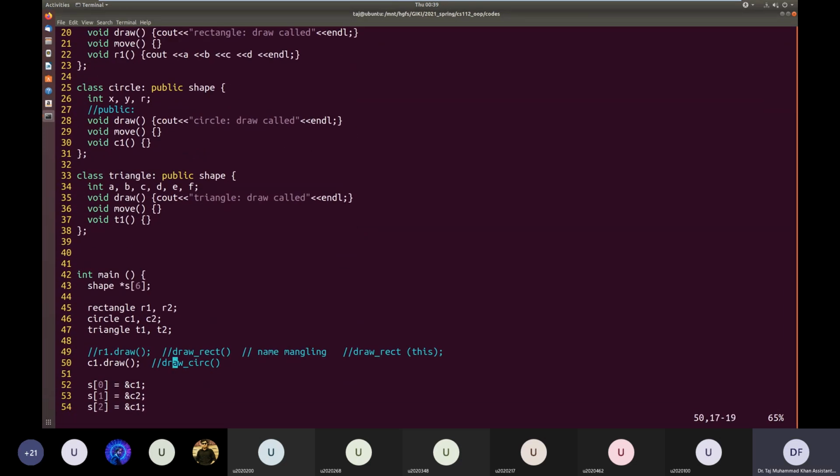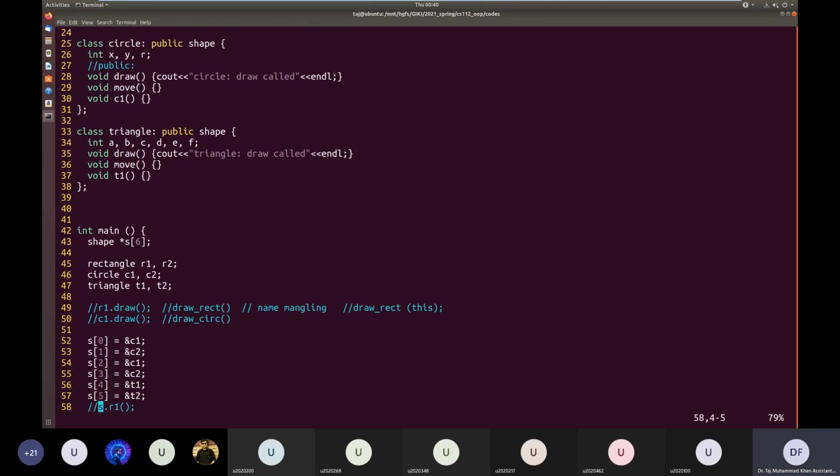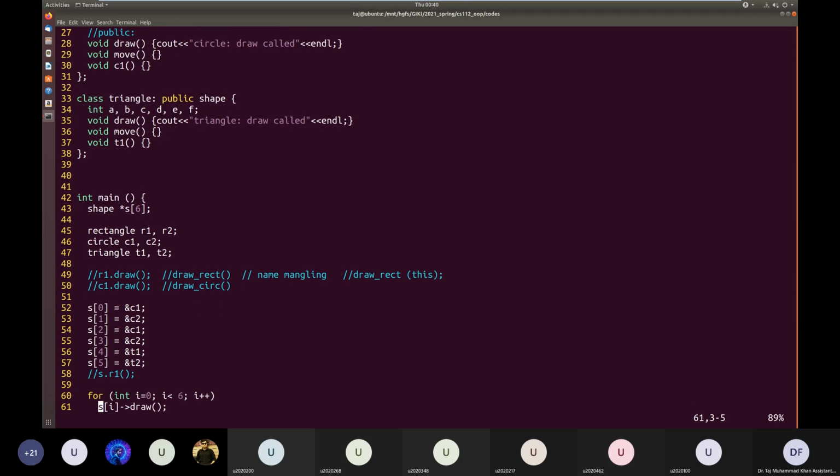So here C1 is a derived class object. In the derived class, the draw function is private, because by default everything in the class is private. So we are not able to access this function. However, for the same object, when we access the draw function using a base class pointer, the base class interface says that the draw function is public.